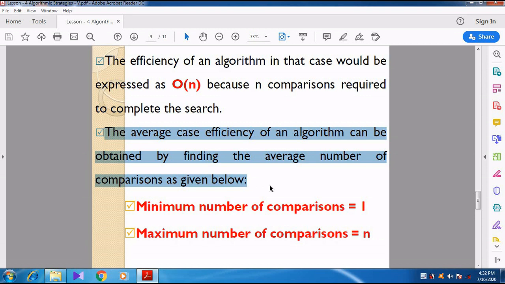For example, you are getting 70 marks in physics in the quarterly exam. Then you are getting 90 marks in the half yearly. How can you find the average of your physics marks? You just take the minimum mark, that is the quarterly mark, and the maximum mark, the half yearly mark. Add them together, then divide by 2. Like that we find it.